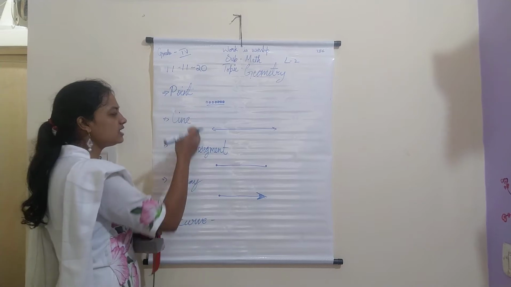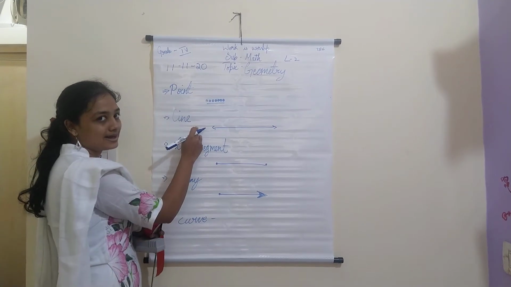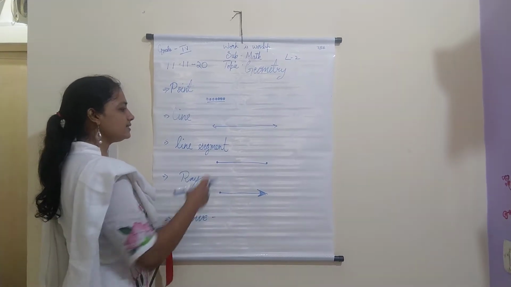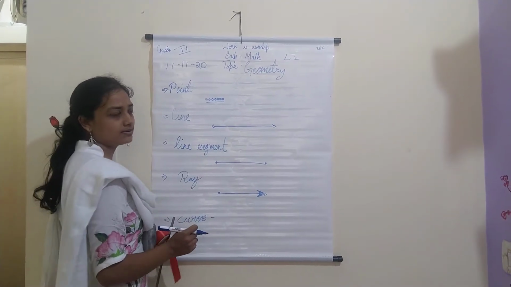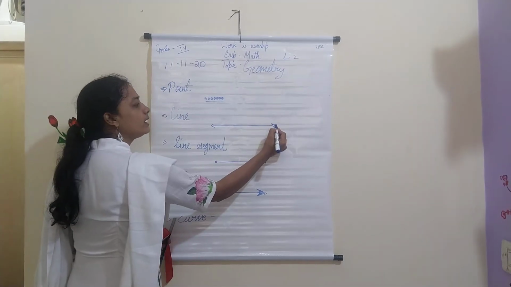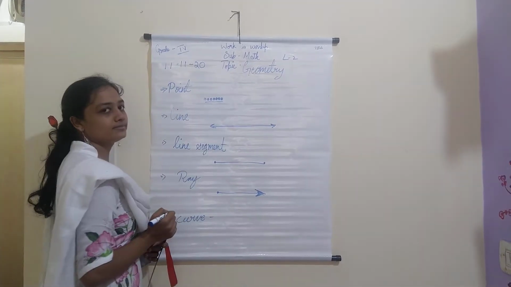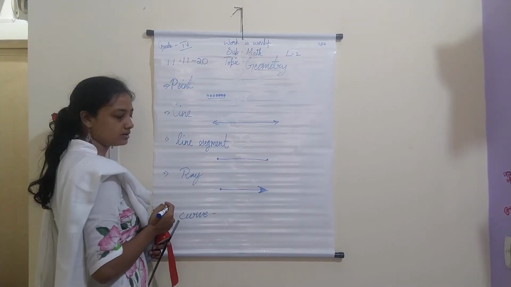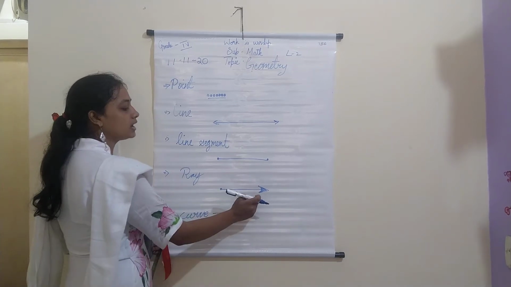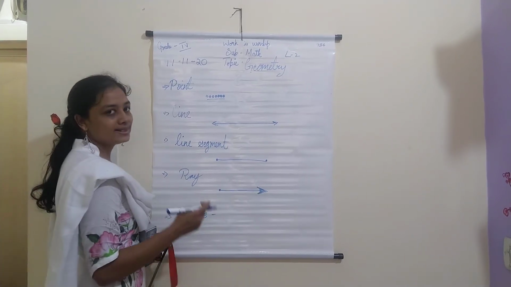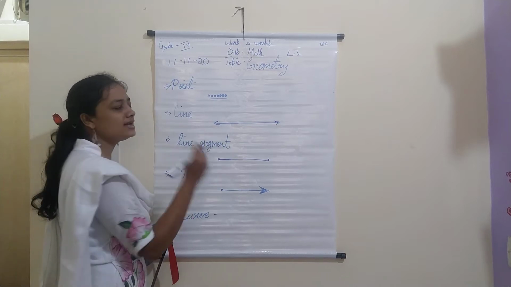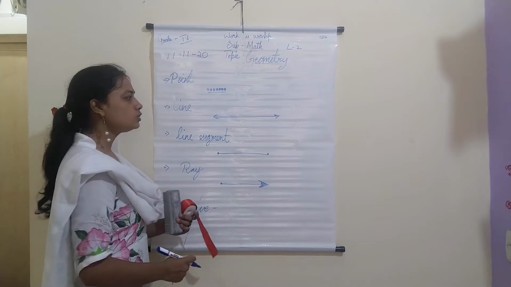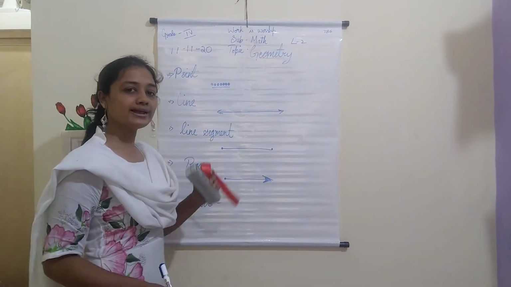So now first let us see what is the difference between a line, a line segment and a ray. You can see the difference in the drawing itself. For a line, you have an arrow mark on both sides. For a line segment, you don't have an arrow mark at all. For a ray, you have an arrow mark only on one side. So this is the major difference between these 3 types of lines. So why is this difference here? I'll show you now.